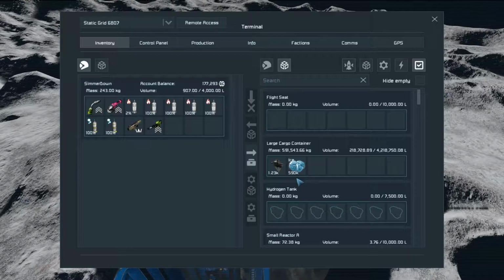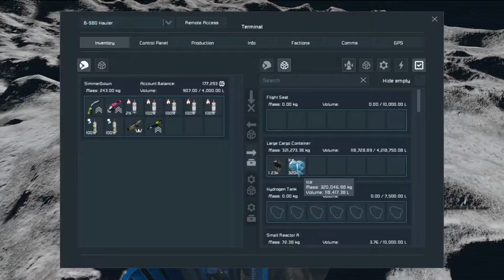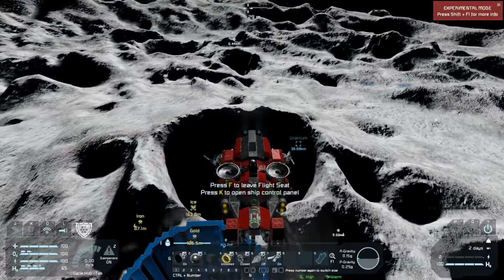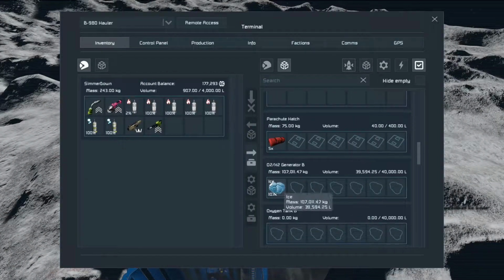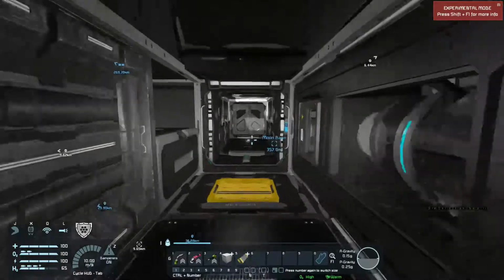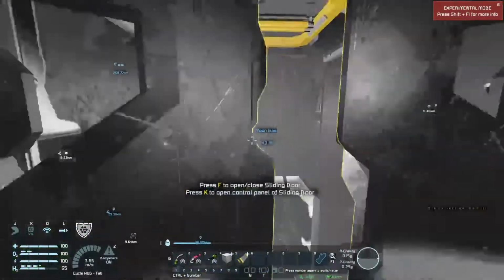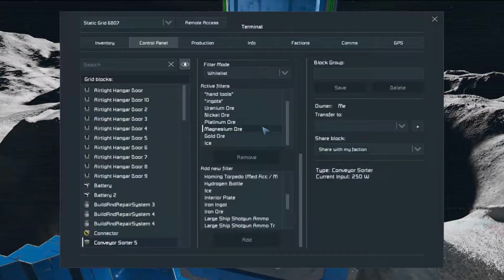So just about there. Go ahead and hit about the 300,000 mark, and I will disconnect. And right about there, and unlocked. So now we've got about 320,000 on reserve, plus the 107,000 inside our generators here, which you can see it's already running. So hop out, go ahead and close the door, and then we'll switch this guy back to